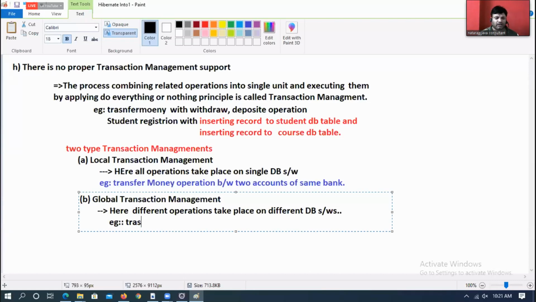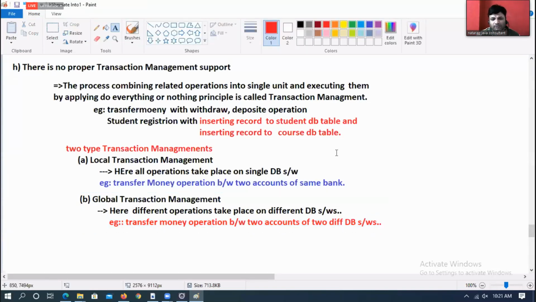Example, transfer money operation between two accounts of two different database softwares. How many databases are involved here?